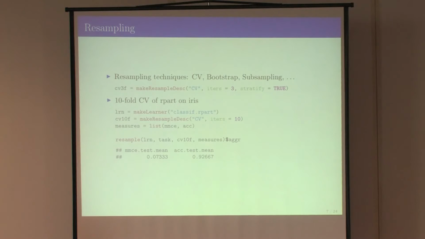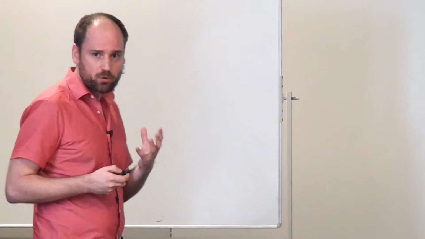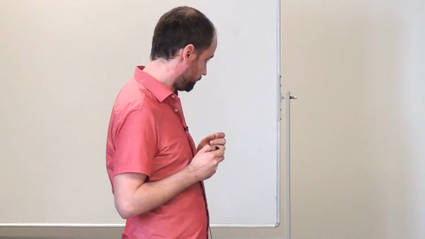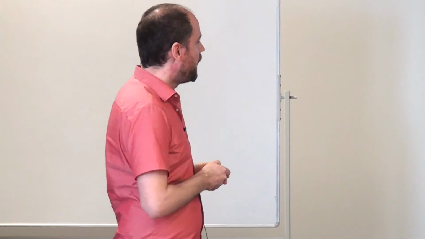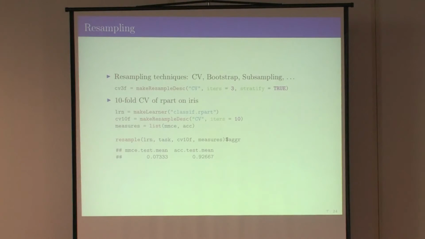Now, this is all pretty basic. Here it becomes a bit more interesting. We can do resampling now. This is what Luis already talked about, and it's about basic performance estimation and doing this properly in machine learning experiments. Probably all know this by heart. So we have cross-validation, bootstrapping, subsampling, stratification is supported. There's this blocking structure that is supported. Yeah, I think that's basically it.